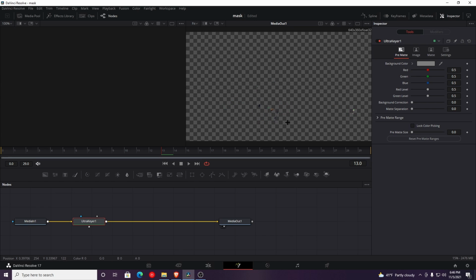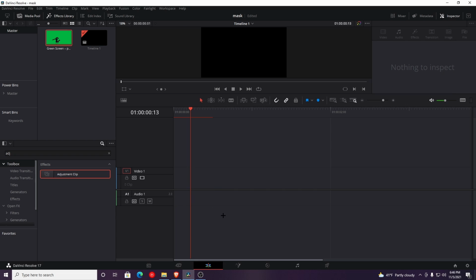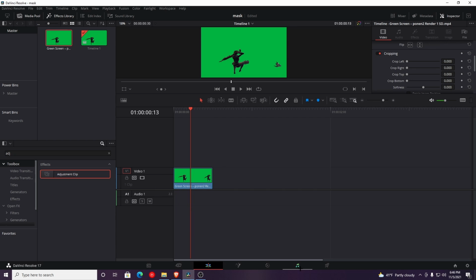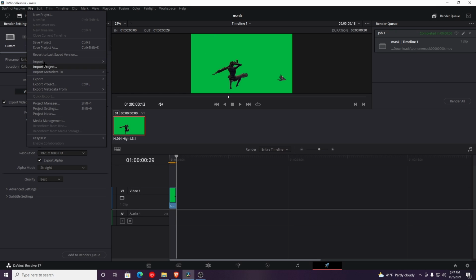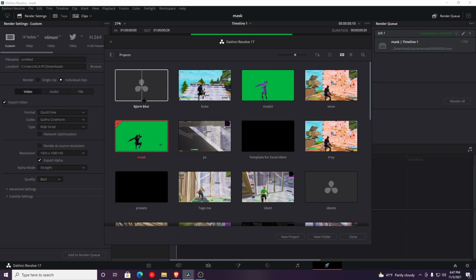You're just gonna key out the green, not the entire character. And then you're gonna go to here, set it to individual clips, name it whatever you want. QuickTime, GoPro, Cineform, RGB 16-bit, and then export alpha and have it set to straight, and then render it, and it will render in like a second. So once that's rendered, you're gonna want to go back to your original project,